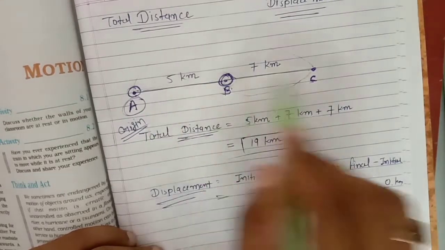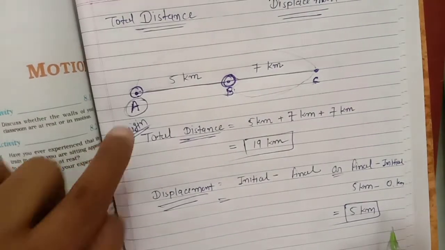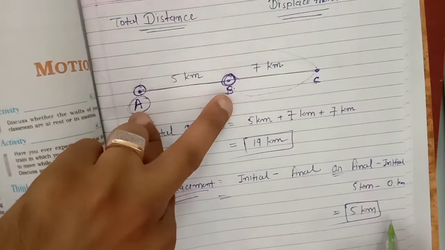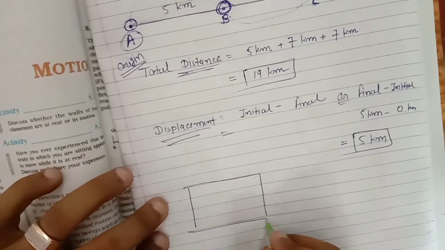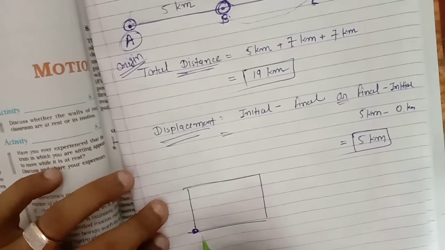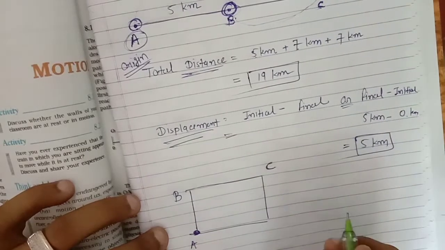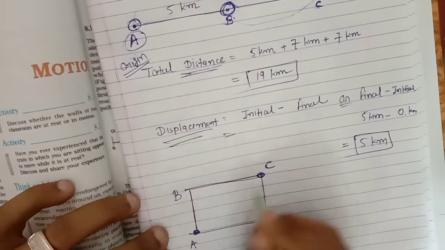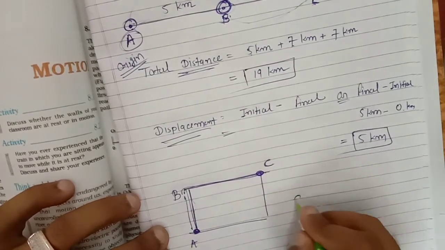Distance means total distance we cover and displacement means जहाँ से हमने स्टार्ट किया and जहाँ पे ख़त्म किया उसका शॉर्टेस्ट डिस्टेंस. क्लियर? I take another example. I start my journey from A point to B point and B point to C point and complete here. Clear? But this is not a shortest distance. This is not a shortest distance. Clear? Displacement